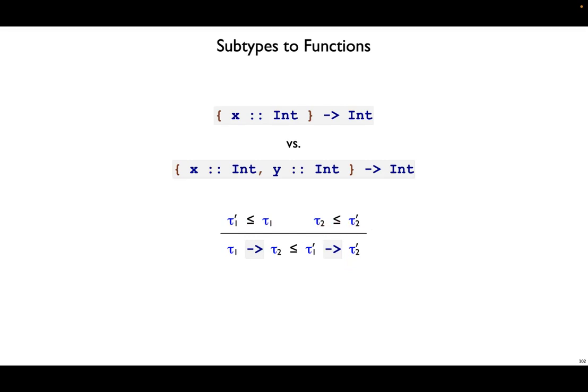Again, the way to reason about this rule, or the justification, it all comes from behaviors. The way that we use a function is to apply it. So if we're on the right and we're expecting one kind of function, and instead we receive a function that is more general, that accepts more arguments, then we'll be perfectly happy, because we'll only be passing in arguments of this tau1 prime type,